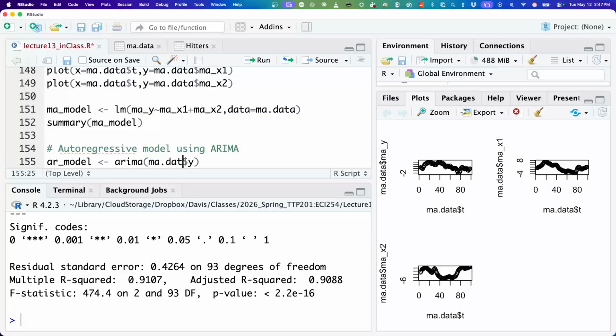We'll just use the MA data without the moving averages. So MA data order equals